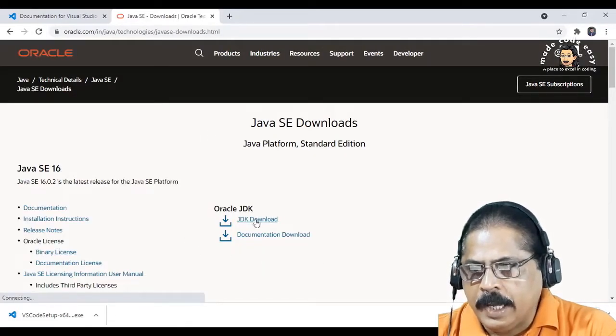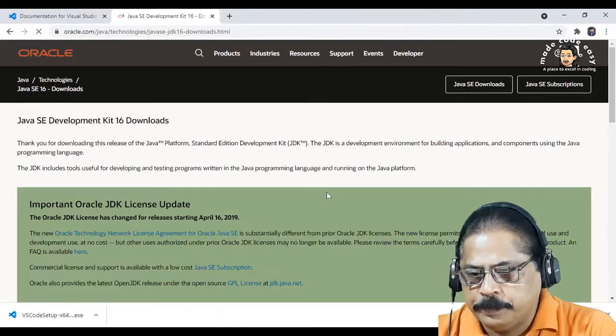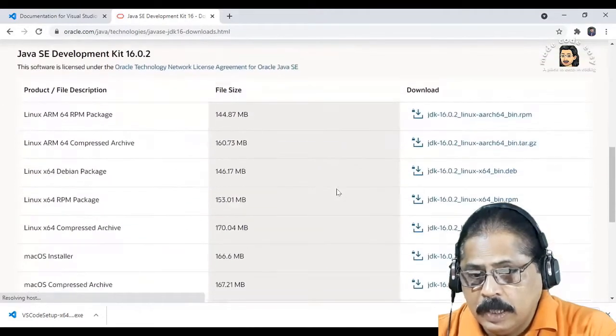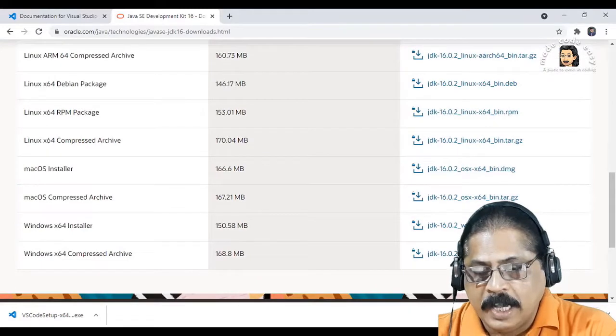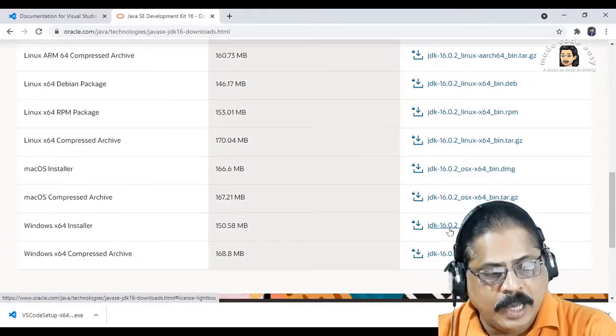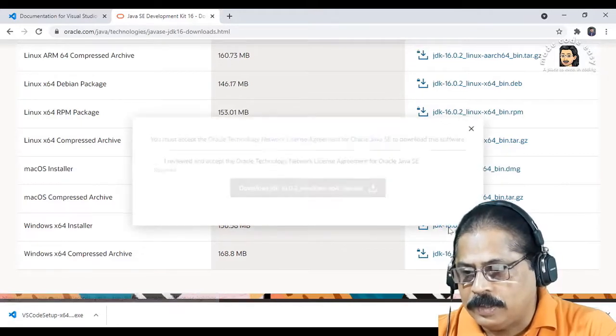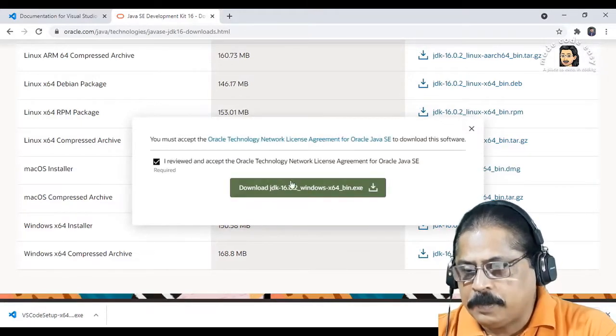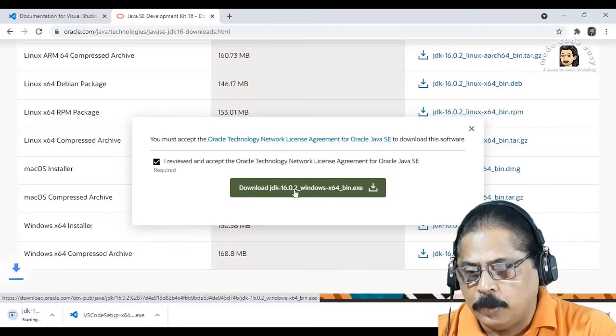This is the JDK download. Now you have the x64 installer. At present it is JDK 16. Just click on this, accept, and click on download.